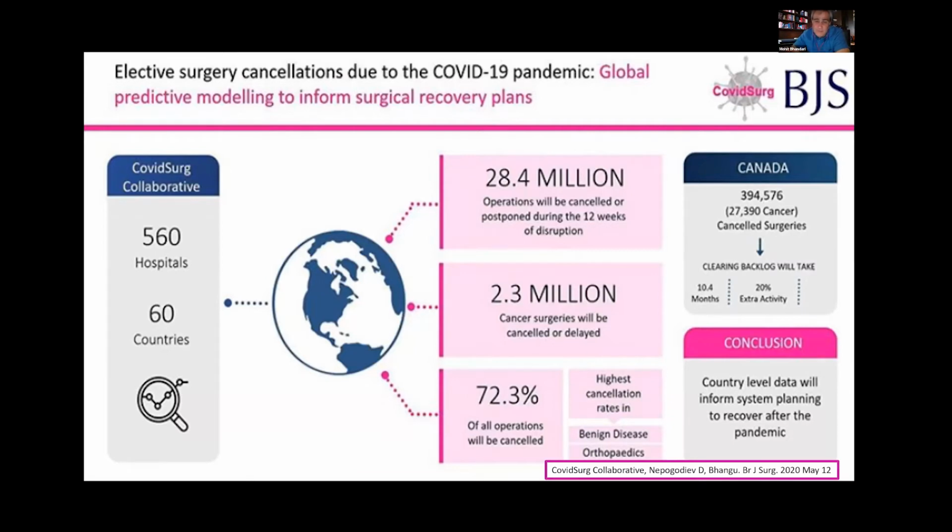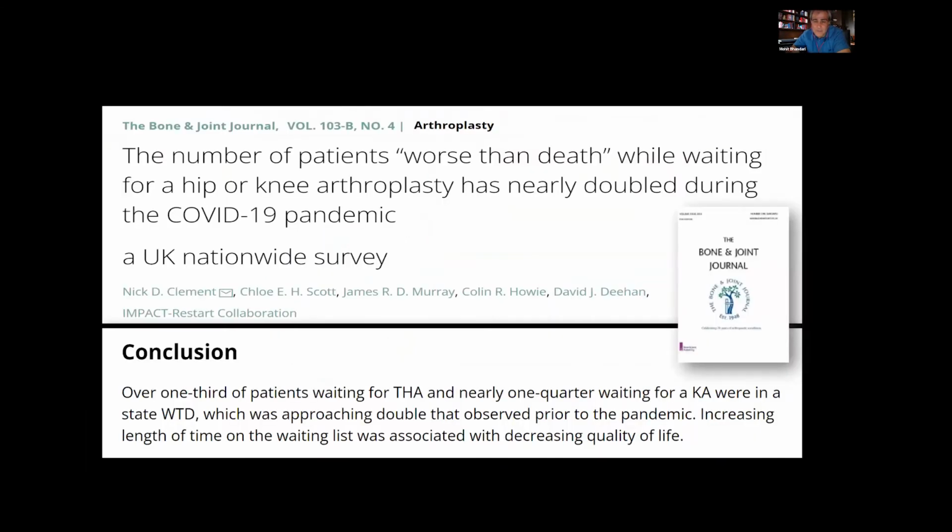Now, there's been all kinds of efforts to really deal with the backlog in Canada, certainly in the US and other countries. But this issue and these kinds of papers have been coming out. I talked about this yesterday when we were discussing this with Aaron Johnson, discussing the whole patient pathway for managing knee OA. The idea of waiting for surgery, and the pain and the quality of life, is quite critical. Some patients, and not an insignificant number of them, consider that period of waiting a condition worse than death.